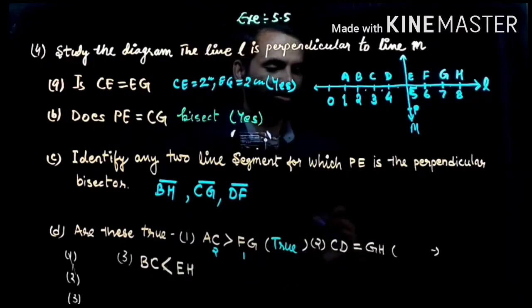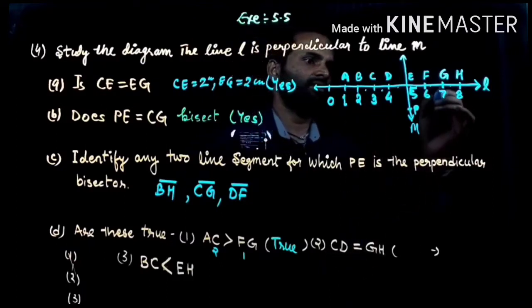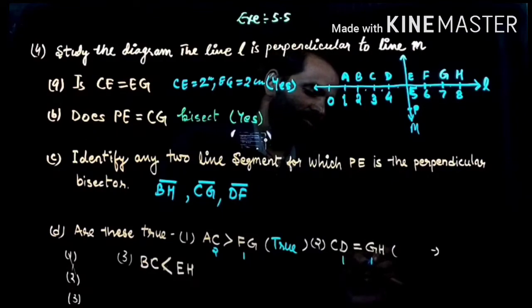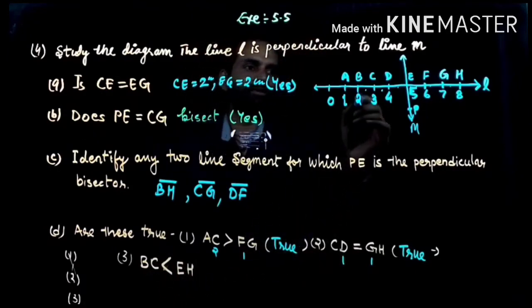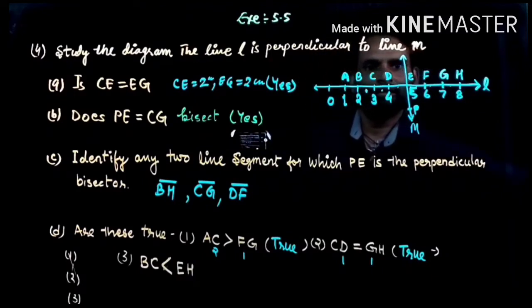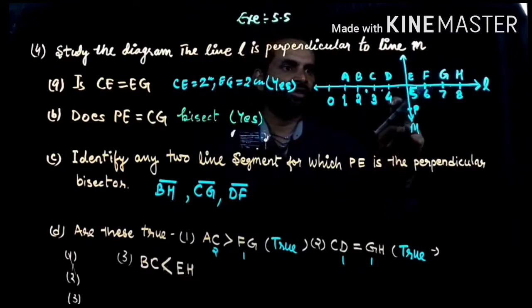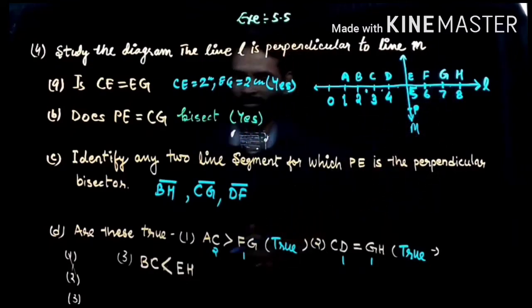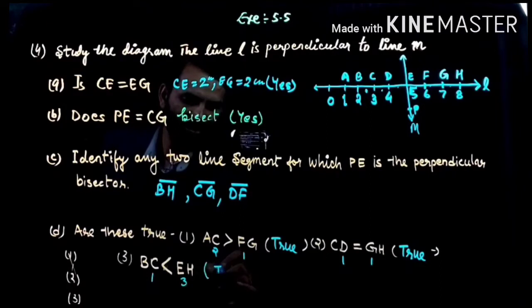Okay, now CD, C to D is 1 centimeter, and GH is already 1 centimeter, the 1 centimeter is equal, so the answer is true. Okay, now third is BC, B to C is 1 centimeter. Okay, and EH, E to H is 3 centimeters. This is 1 centimeter, the 3 centimeter is greater than 1, so the answer is always